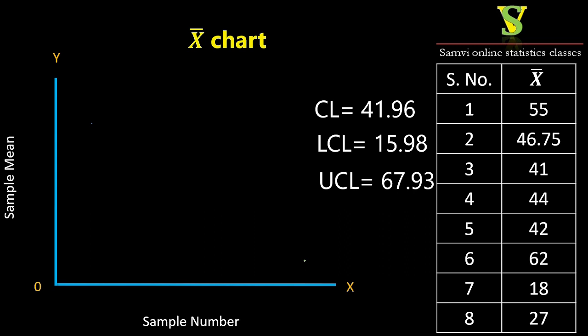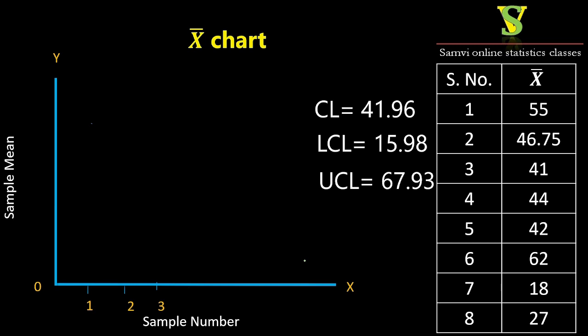Now divide the x-axis by referring sample number. Here total 8 sample numbers are given. So divide the x-axis in 8 equal parts. Maintain the distance 1 centimeter or 2 centimeter and make the first division and write here 1. So whatever distance you maintain for the first division, the same distance maintain for the other divisions and write 2.